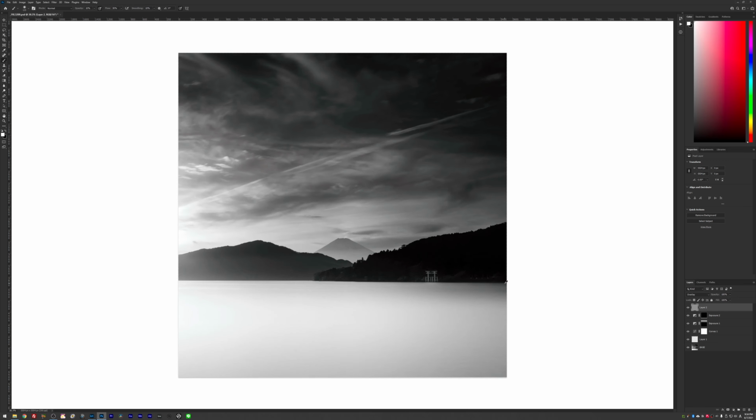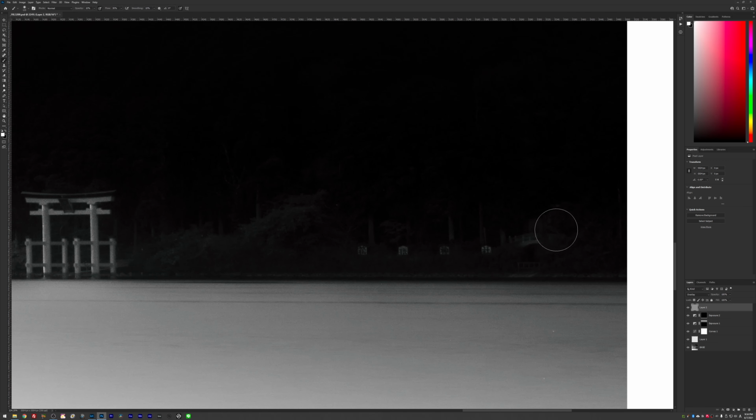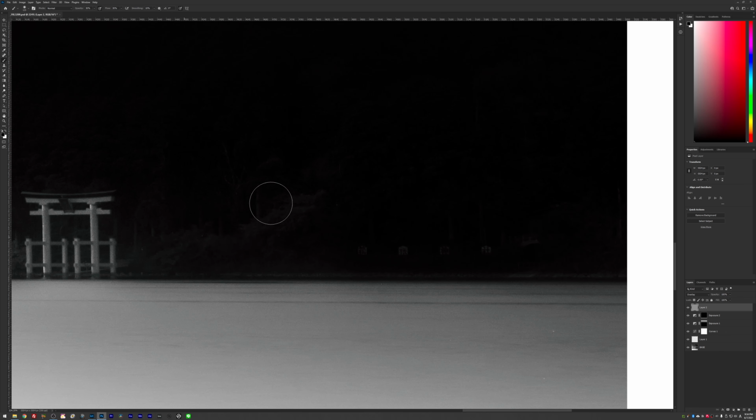Alright, so maybe if I was doing this for a portfolio, I would go on and just delete all this part and make it darker, just by simply getting the black color instead of the white, with an opacity of maybe 30%, and just painting in a little bit of dark color here, because this part is not really interesting, and I kind of like the fact that it fades away into black.